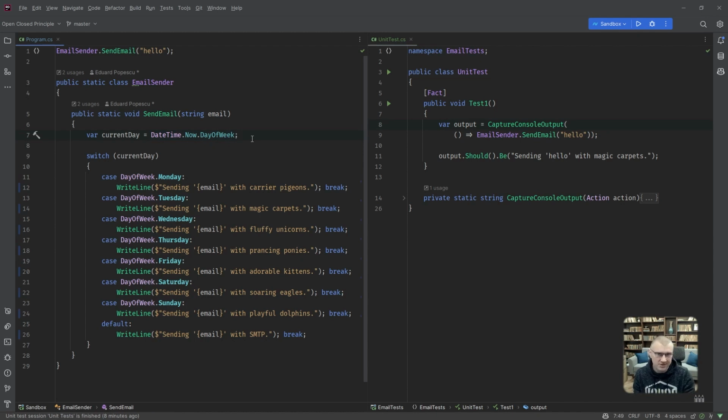This won't change until tomorrow. So if we don't allow ourselves a way to inject this piece of information into the code, there's no way for us to control what happens to the code. There's no way to test this, okay? We're gonna be at the mercy of the code, so we don't want that. Okay, cool. Let's see what we can do about this.